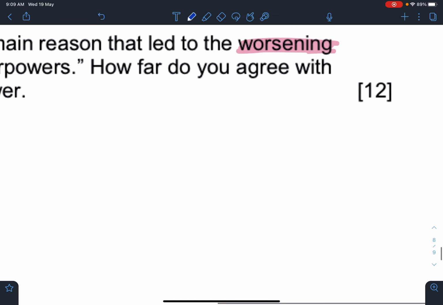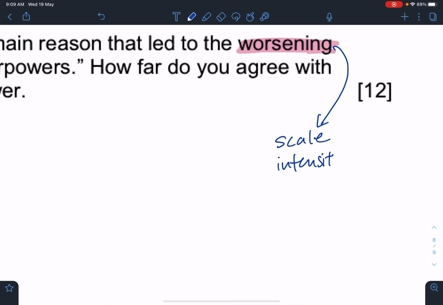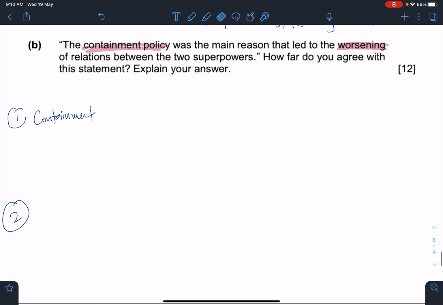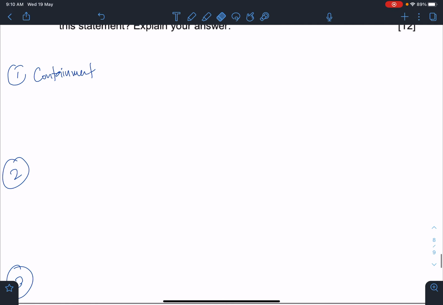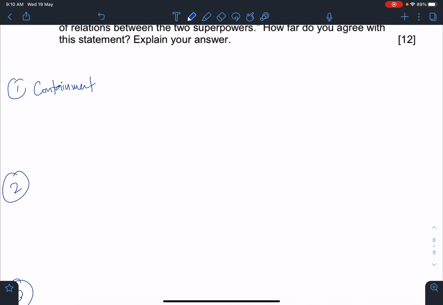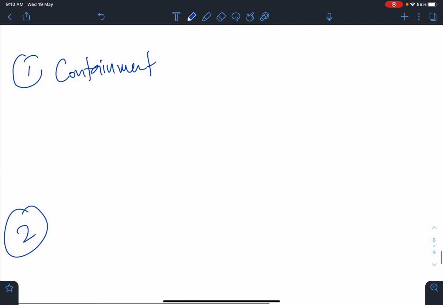Okay. So worsening, we remember that it can happen in 2 ways: in terms of scale or in terms of intensity. So in terms of scale, we're talking about the number of people, number of countries involved. Intensity, we're talking about the degree of the conflict. Okay. So if we look at it, containment, what is the problem of containment? Containment, I must think about it first. Containment is a policy to push back